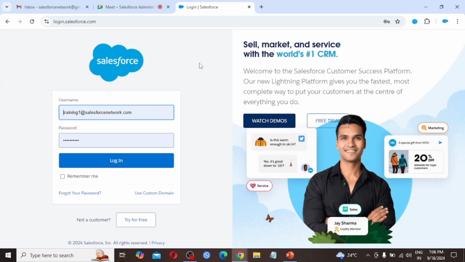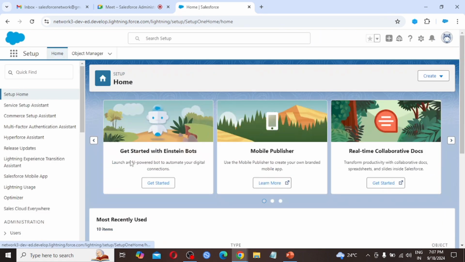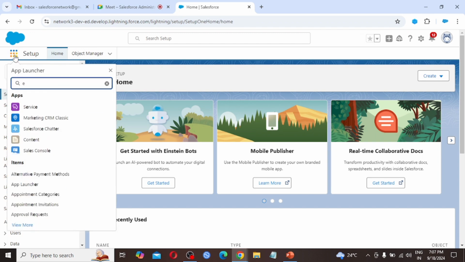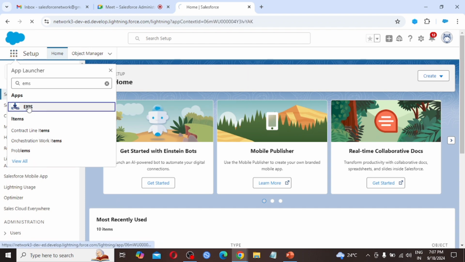In the browser we have to type login.salesforce.com. We have to provide our username followed by password and hit the login button. As we have created some fields for our custom object employee that were not viewable yesterday, let's see that first. On the app launcher we have to search for our application EMS, employee management system. Click on this.